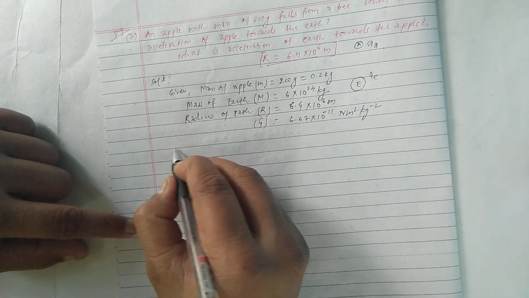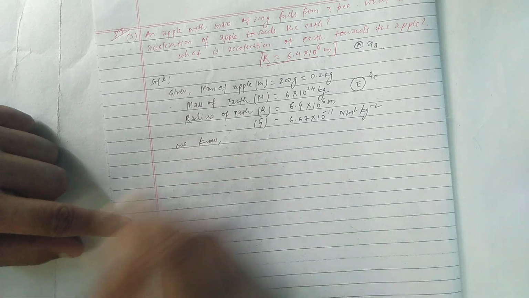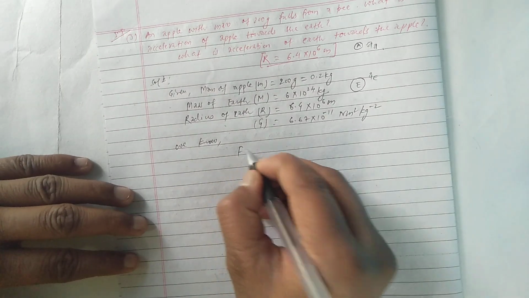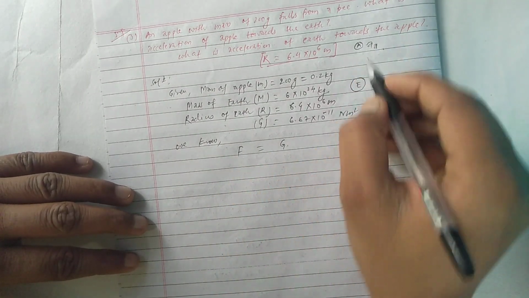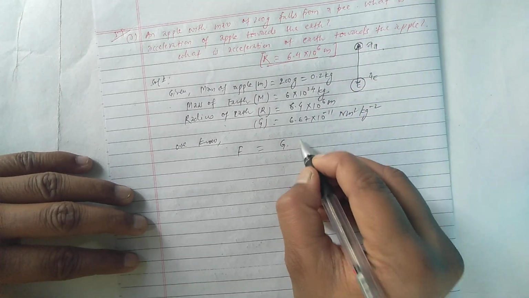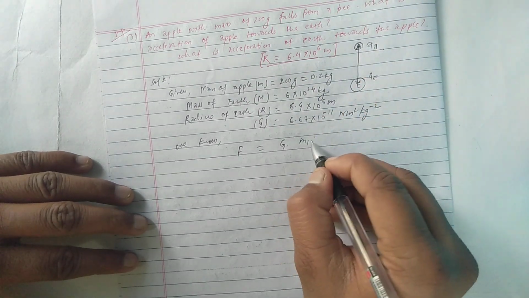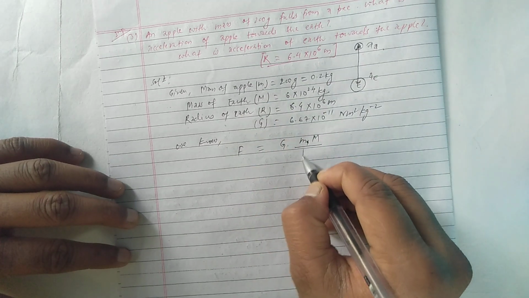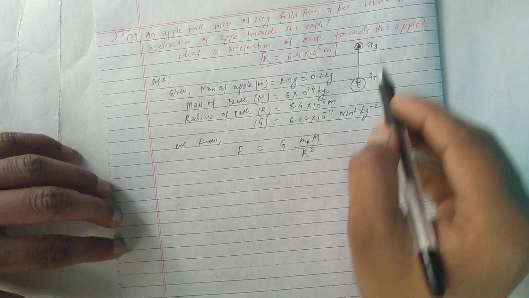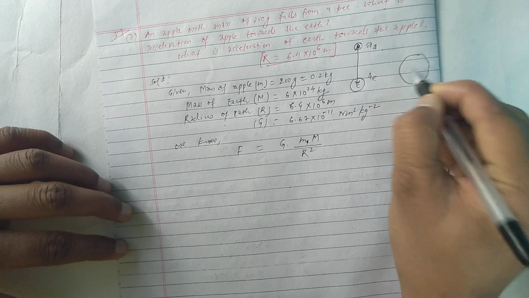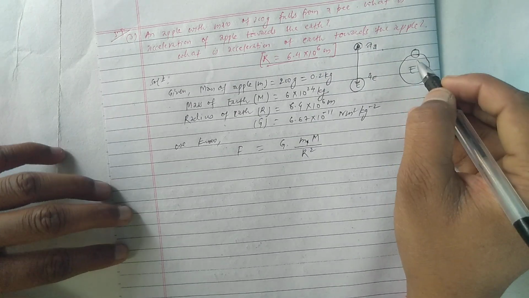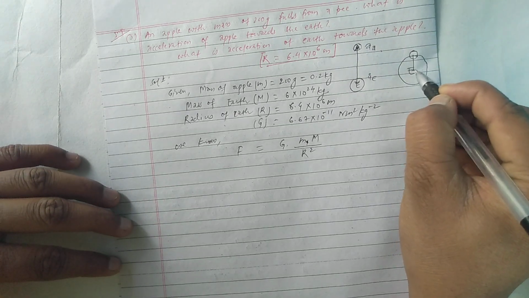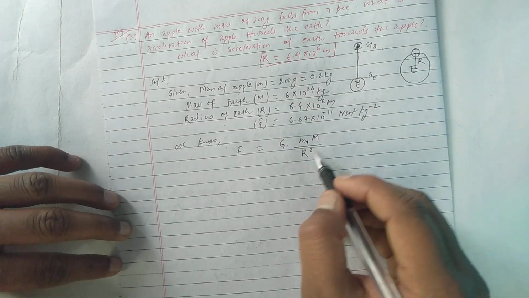Okay, so as we know, the force of attraction between the earth and this apple is F equal to G m1 into m2 by d square, but here it is m, so we can keep m upon d square. In this case, if this is earth and the apple is nearly on the surface of this earth, on the apple tree, you can directly take the center to center distance as r. Okay, so you can also write